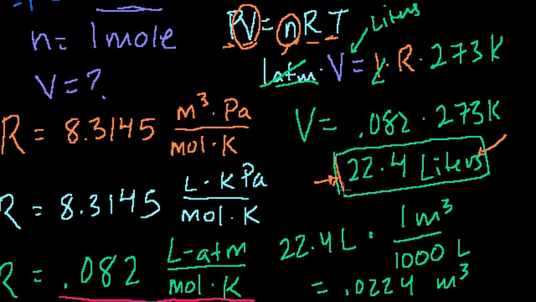So it's a useful thing to know that in liters at standard temperature and pressure, where standard temperature and pressure is defined as 1 atmosphere and 273 degrees Kelvin, an ideal gas will take up 22.4 liters of